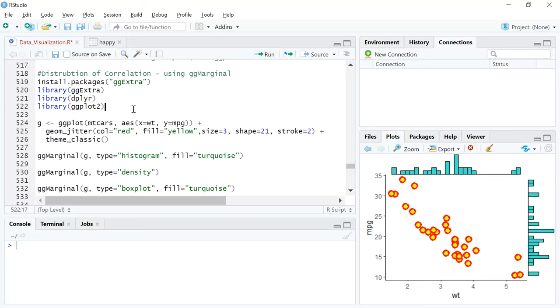So I'm guessing you would have already installed the dplyr and the ggplot package based on our earlier videos. So the only additional step that you need to perform is to install ggExtra and then call on the library. I'm just going to run the ggExtra library function because everything else we've been doing since the last few videos. So that's the prerequisite to getting onto this video.